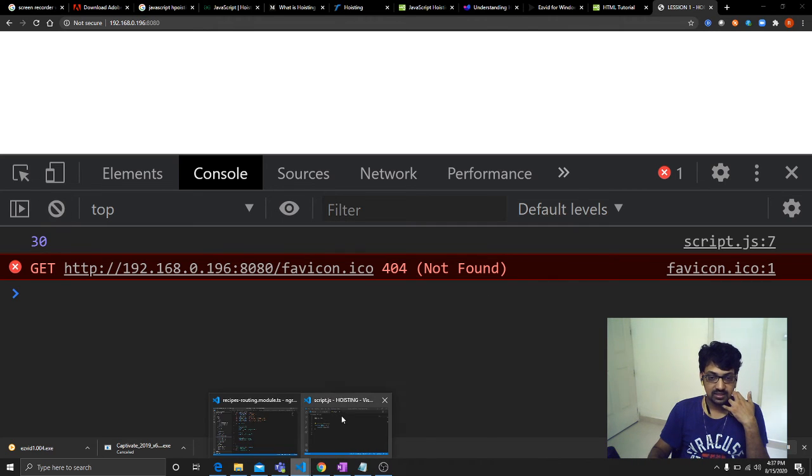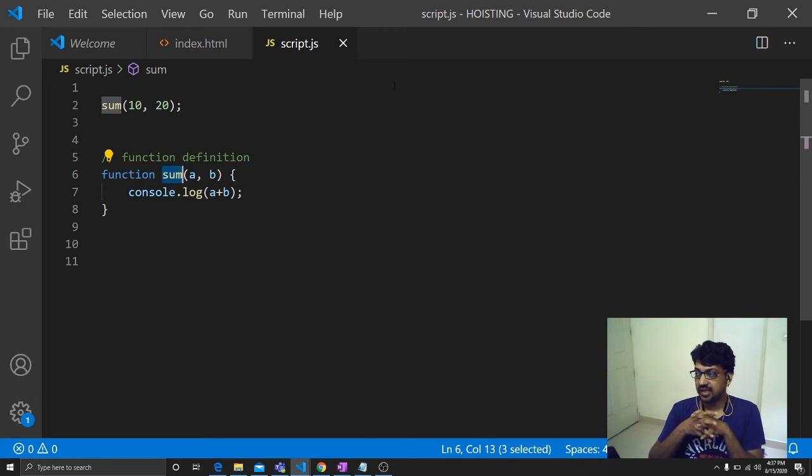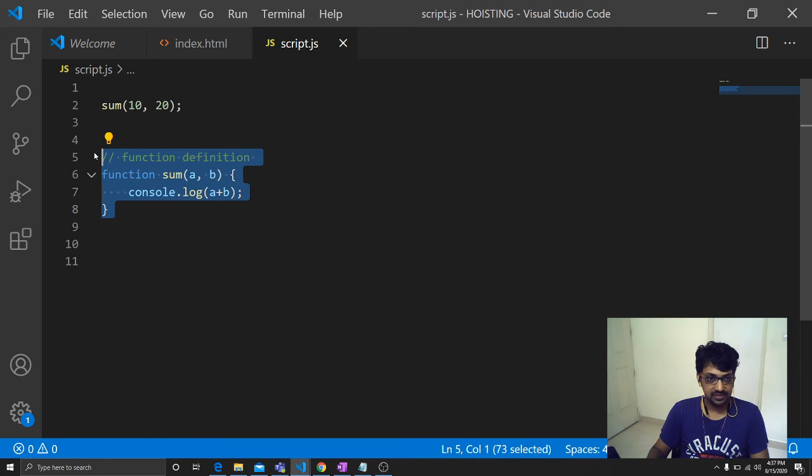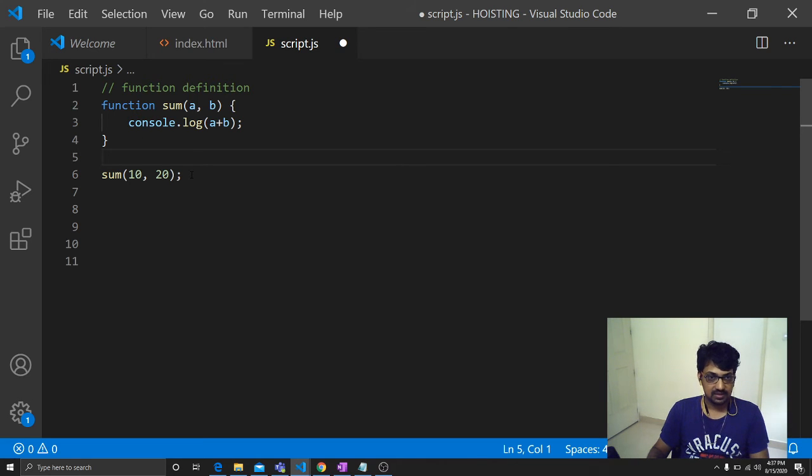No wonder, this function sum is hoisted. So when the JavaScript engine sees this file, it will move this function definition to the top. This will be how the JavaScript engine sees this file.